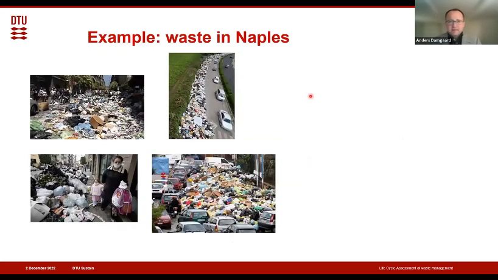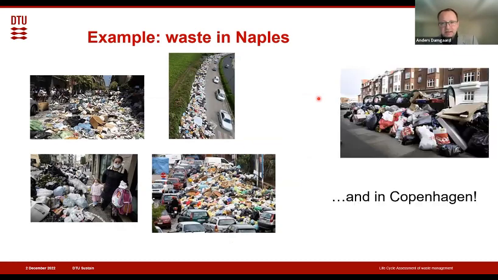When we think about waste as a non-researcher, most people don't think about waste in their daily life. They first think about waste when it looks like this, and this is when waste management collapses and waste is not collected. Here are some pictures from Naples in Italy, but I can tell you we can also do the same in Copenhagen when we have the collection workers strike. People suddenly start talking about waste, because after a short period, of course, smells, etc., start impacting it.